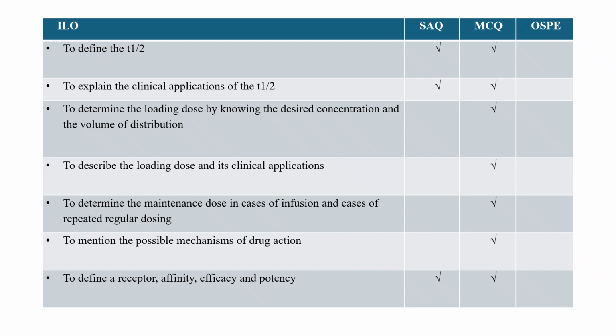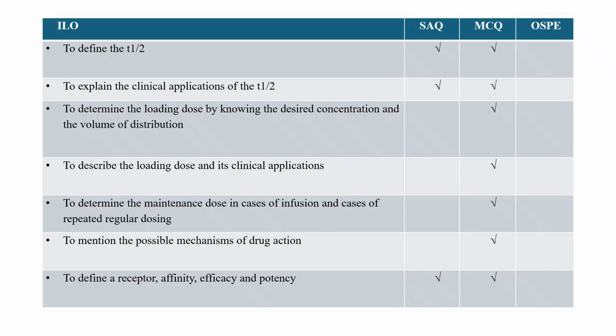Defining the T-half, again, anything with a definition is very important, and it might come as a short answer question. And clinical applications of the T-half, of course, a constant T-half comes under first order kinetics, which means that a constant percentage of drug is eliminated or is absorbed or is metabolized or excreted per unit time. So it's a constant percentage. If you give me one dose of a drug, after one T-half, my body will contain 50% of that dose. After two T-halves, my body will contain 50% of the 50%, which is 25% of that dose. After three T-halves, my body will contain 12.5% of the original dose. By the fourth T-half, my body will contain only around 6%,